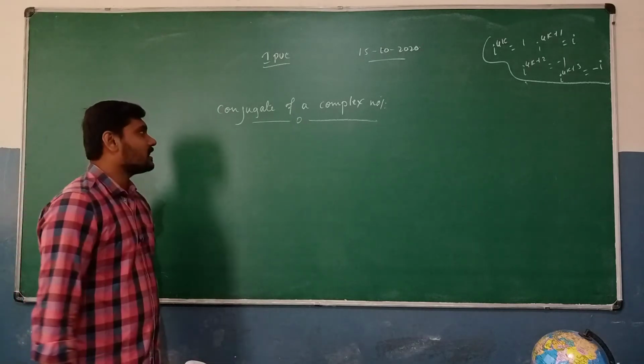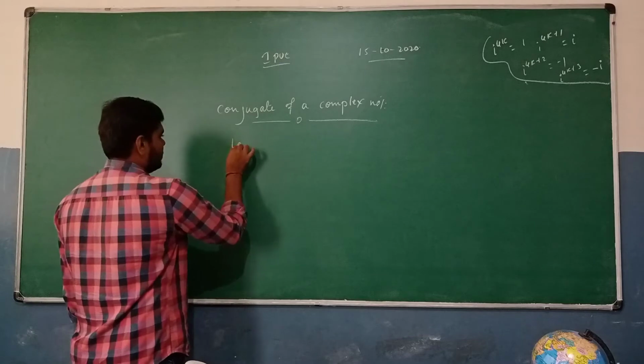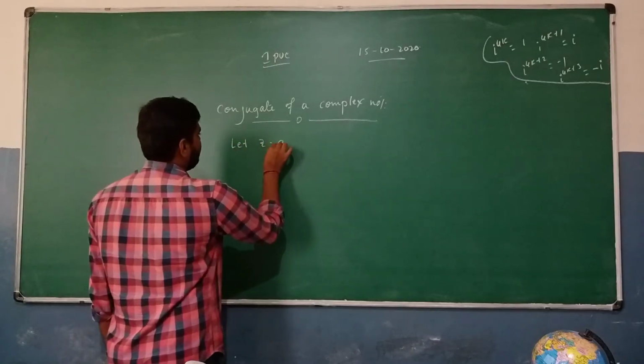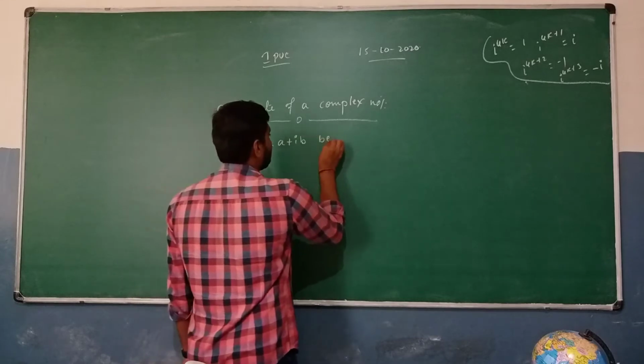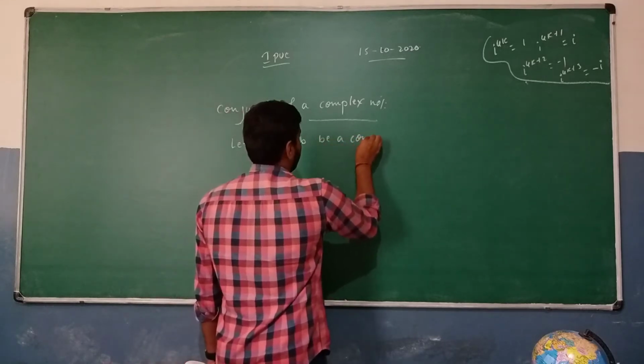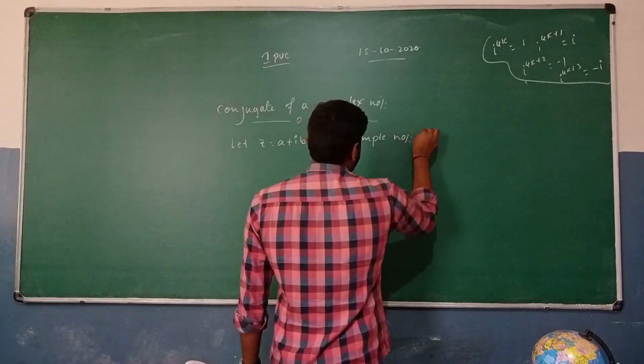Okay, suppose, let z is equal to a plus ib be a complex number. Then